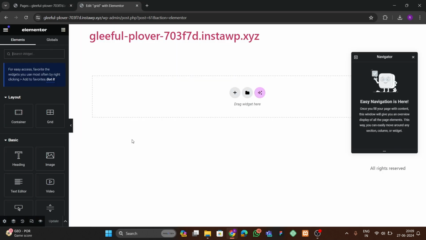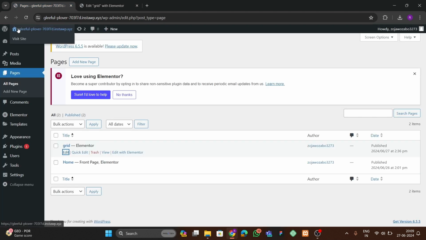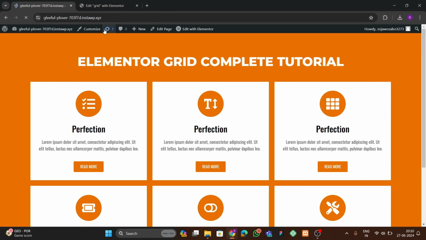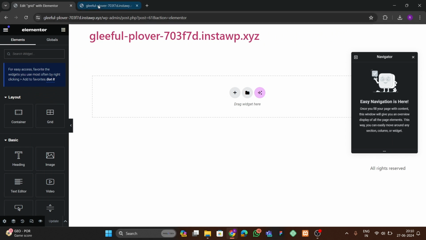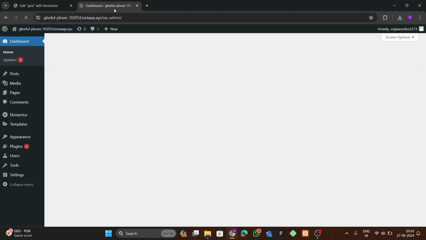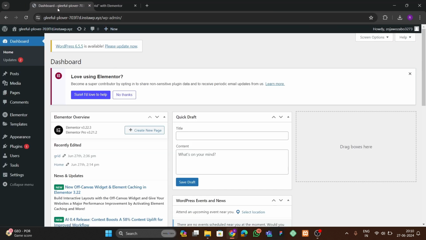Okay, so let's wait for it to open. So let's start making, and we're gonna make this from scratch. Okay, so let me open this first, and what we're gonna make in this video. So that you have to just do some settings. If you don't see the Elementor Grid in your page,